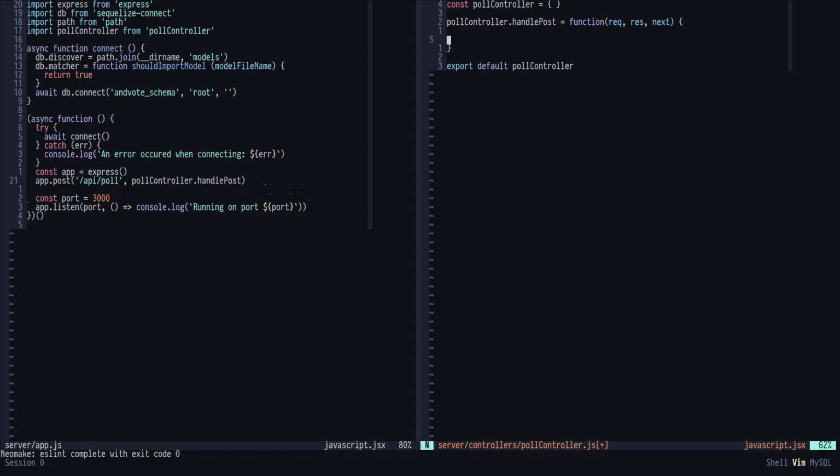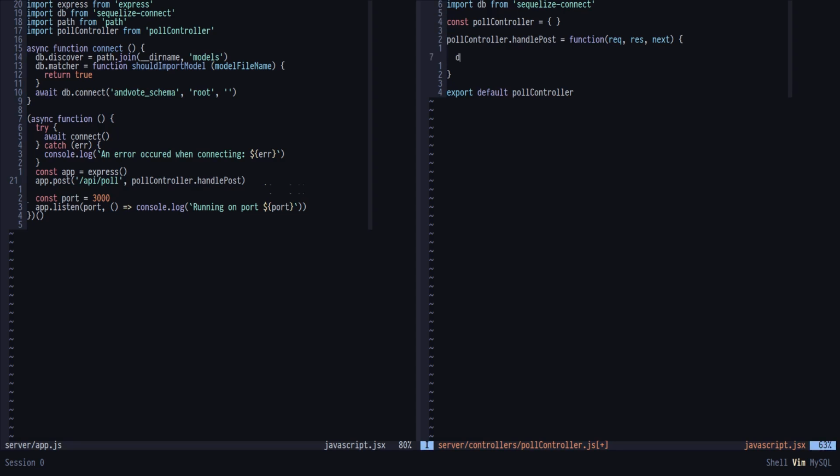I'm going to need to reference Sequelize Connect. Like I mentioned previously, this Sequelize Connect module lets me access my connection from any file in the project after I've connected to the database. I want to say, well actually, first off, let me make this an async function. Then I can await